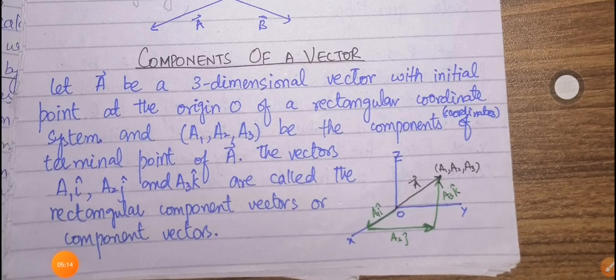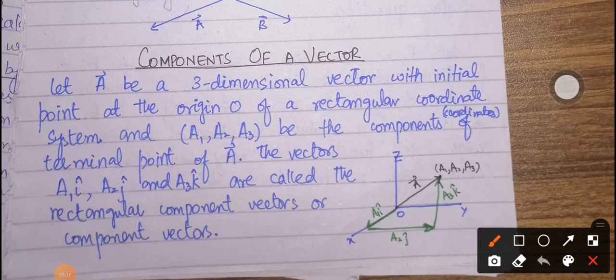Here you can see the vector A is simply the addition of these three component vectors. We know that for addition of vectors we have to follow the head to tail rule. That is, we have to put the tail of the second vector at the head of the first vector. So if we start my vector A with a1 i cap, this is my first component vector, and it ends here. Now I have to place my second component, a2 j cap, at this point. So here is my second vector, and now I am going to add the third vector, a3 k cap. So here is my third vector, a3 k cap.